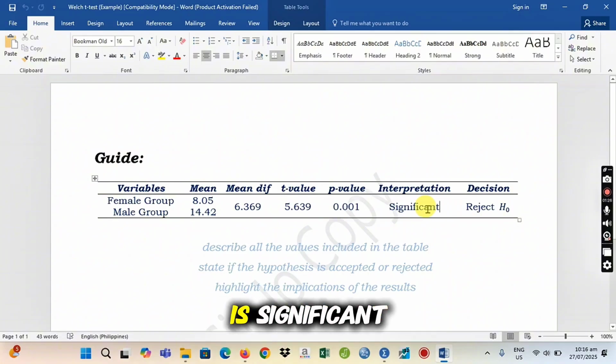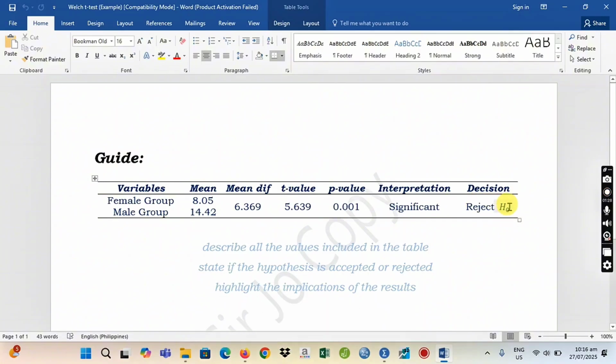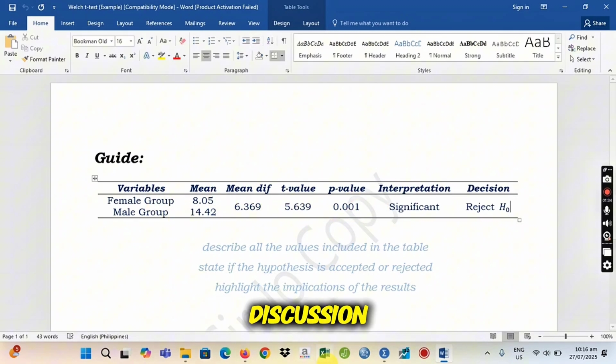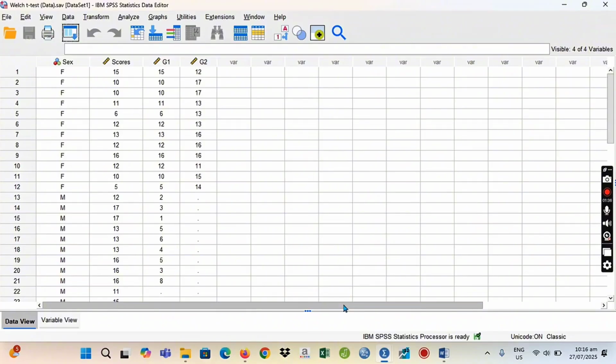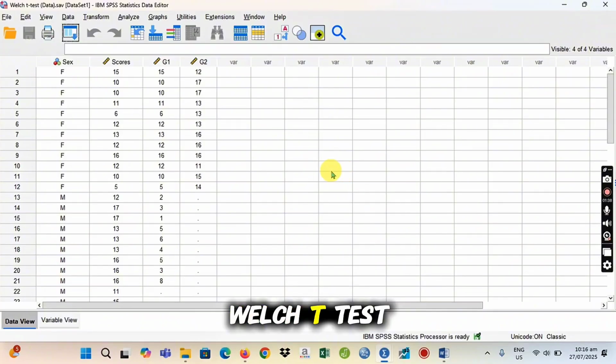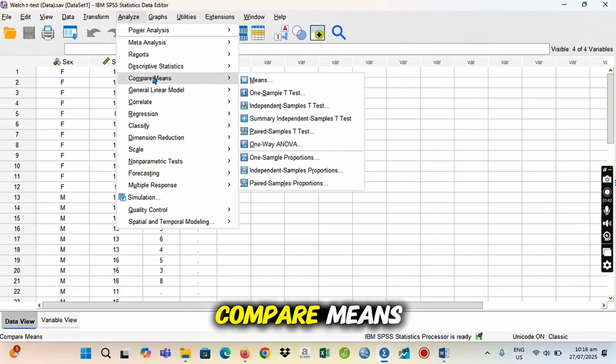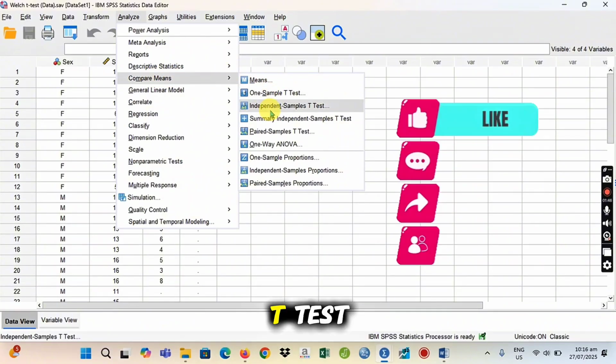And since it is significant, we have to reject the null hypothesis. So we are going to use these values for our discussion. So again, to perform Welch t-test: analyze, compare means, and independent samples t-test.